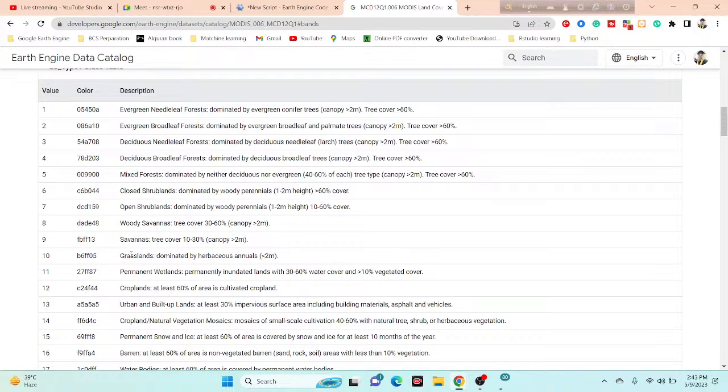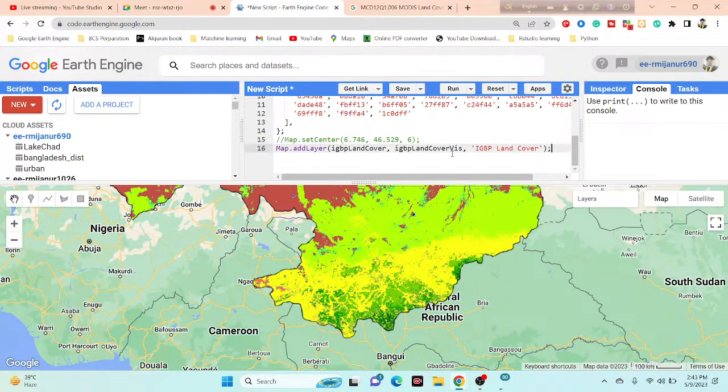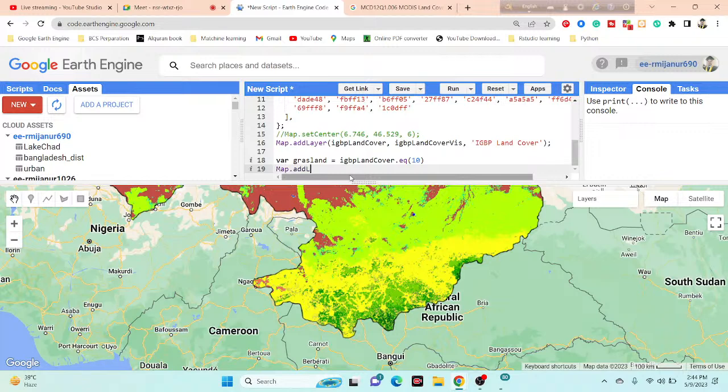Suppose I want to take the training points for the grassland. The grassland value is 10. So I want to show the grassland. For that I take a variable called grassland, simply copy this variable name and paste it here, use equal to 10, and display the result for the grassland only. So Map.addLayer, call this grassland, and display the results with min 0 and max 1,